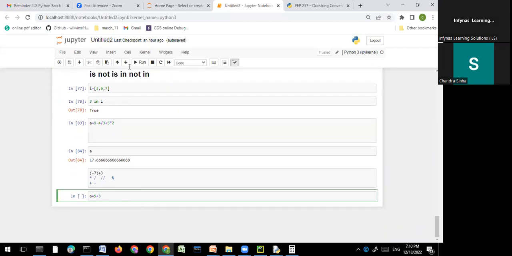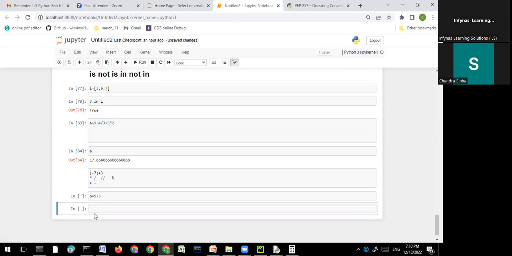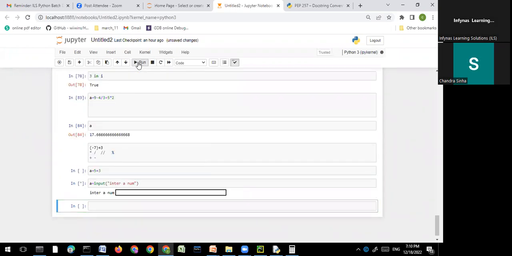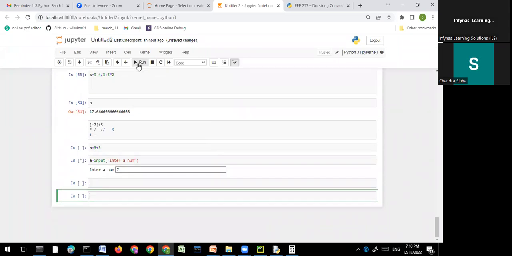मैं बस एक चीज डालना चाहता हूँ, a इज इक्वल टू इनपुट। मैं बता रहा हूँ प्रॉब्लम क्या है। इनपुट ऐसे लिखते हैं, इंटर अ नंबर, कुछ भी लिख दीजिए। अब ये a में चला जाएगा। इनपुट ए नंबर, मैंने 7 डाला। अब मैं a को प्रिंट करूं कि मुझे क्या मिला।